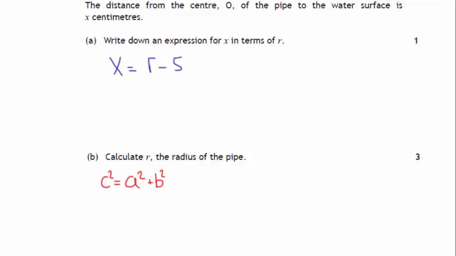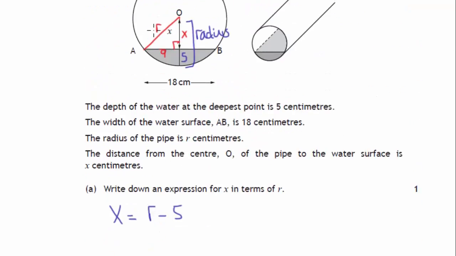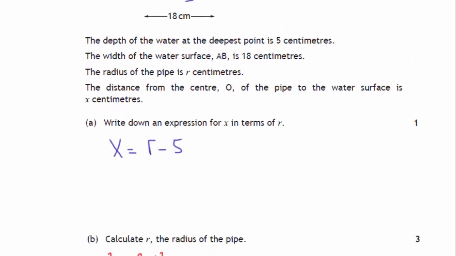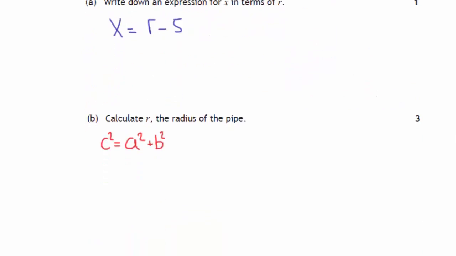That's labelled differently than the one we're doing, so you could think of that as being your c, and you could think of the other sides as your a and your b. It doesn't really matter which sides, as long as that side is your c. So c is r, so r squared equals